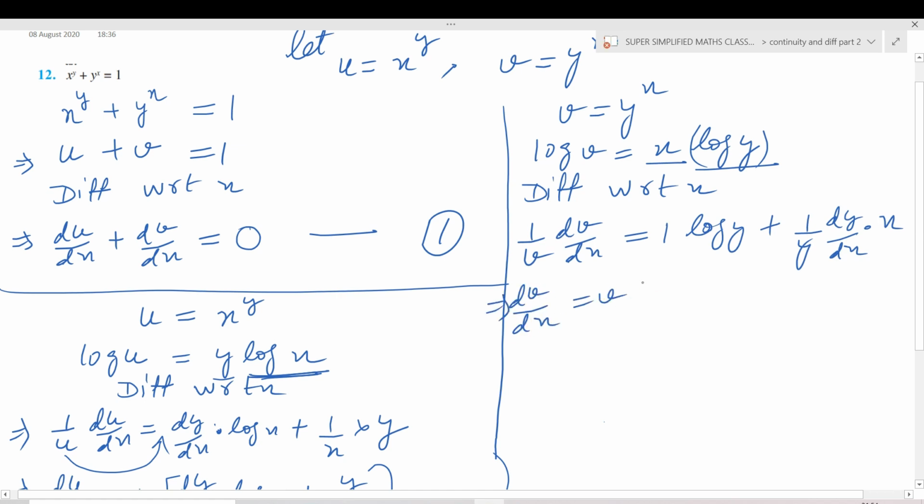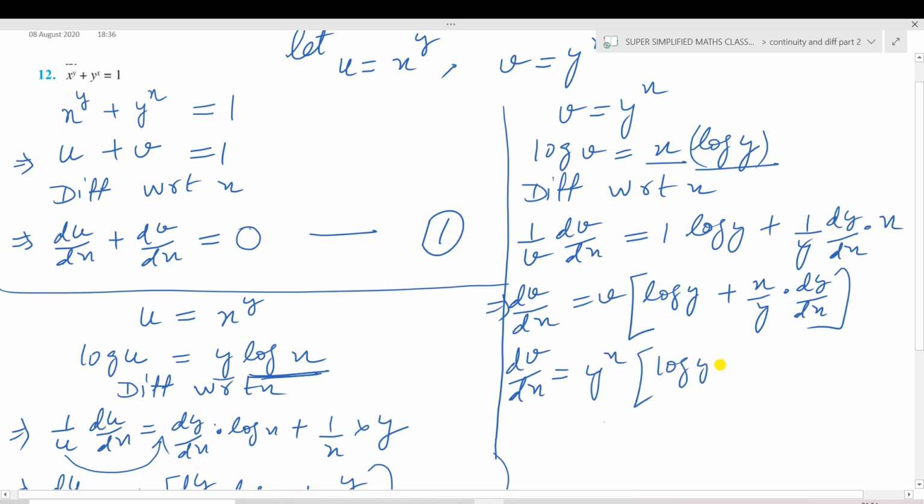So we cross multiply v here on the right hand side, and so we get log y plus x upon y into dy by dx. And now we substitute back the value of v, which is y raised to the power x. So we get y raised to the power x into log y plus x by y dy by dx, and this is equation number 3,